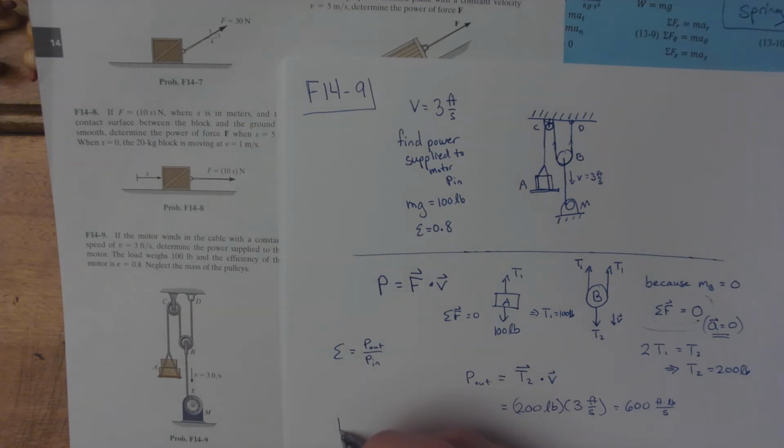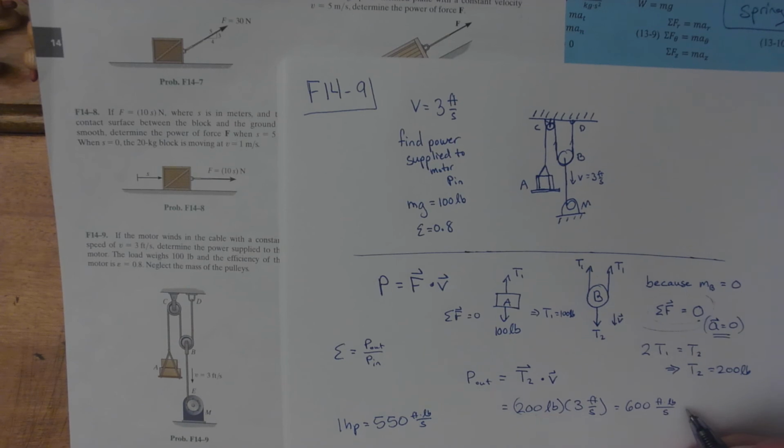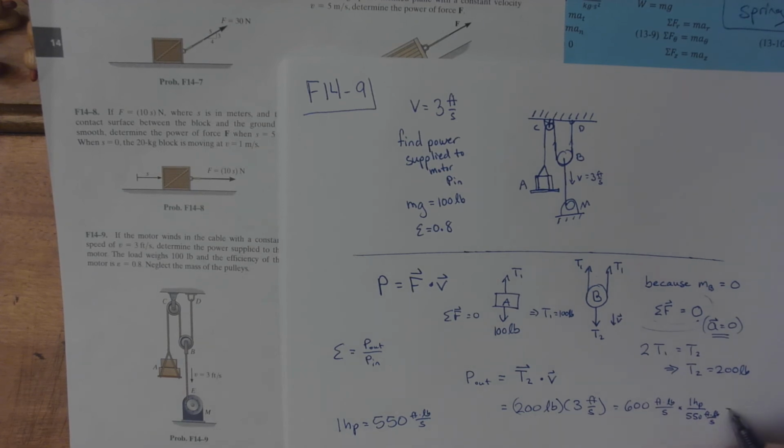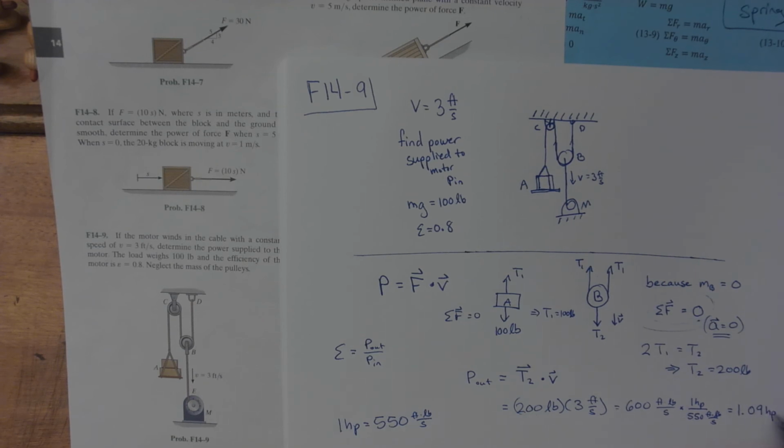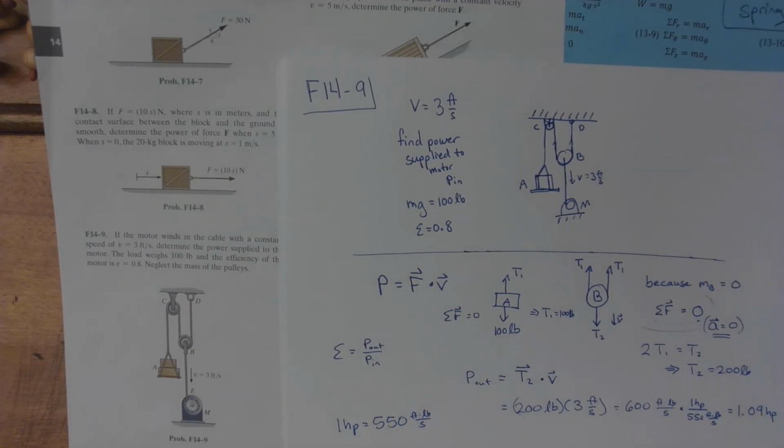that 1 horsepower is equal to 550 foot-pounds per second. So to convert this to horsepower, we multiply by 1 horsepower divided by 550 foot-pounds per second, and that gives us 1.09 horsepower, but this is not the answer because this is the power output from the motor and we want the power input,